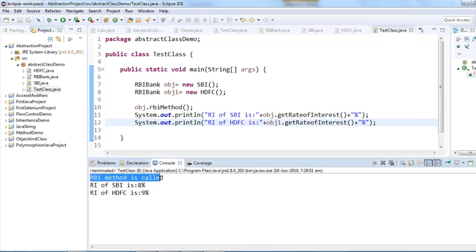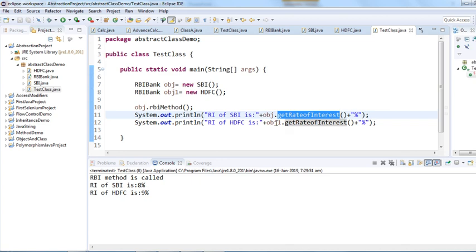So RBI method is called. This is its own method, RBI method, and rate of interest of SBI is 8%. Rate of interest of SDFC is 9%. So this get rate of interest is implemented by SBI as well as by SDFC of their own interest. Okay, of their own rules and regulations